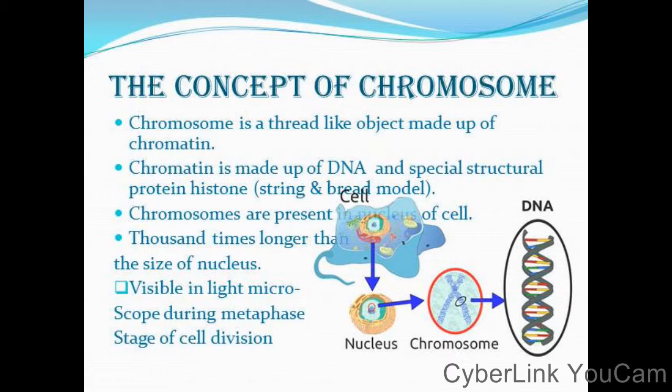And according to the string and bead model, chromatin is present in the chromosome, which is present in the nucleus of the cell, and the length of the chromosome is thousands of times greater than the dimension of the nucleus. So it is coiled like a snake,